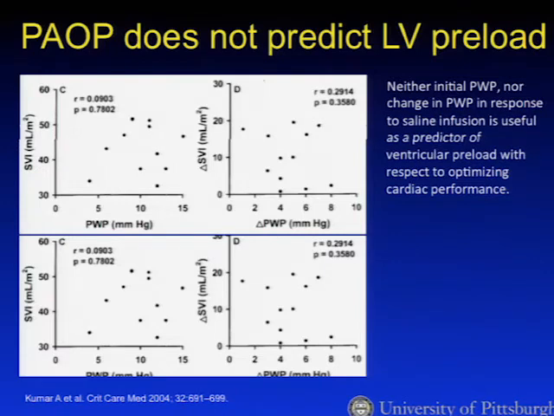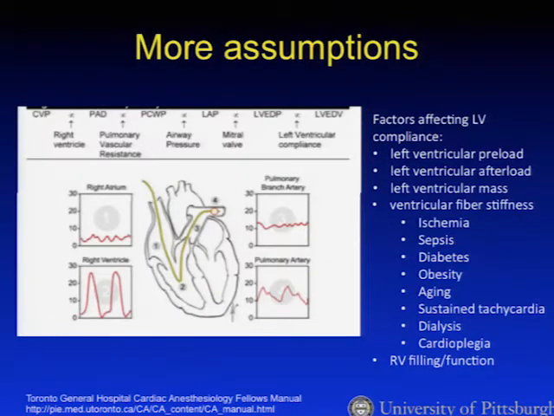Well, it turns out not. Here, neither the initial wedge pressure nor the change in wedge pressure were predictive of ventricular preload as it related to trying to improve stroke volume. And again, the fatal flaw here is in all the assumptions. So our measurement of pulmonary artery occlusion pressure or wedge pressure is obviously influenced by